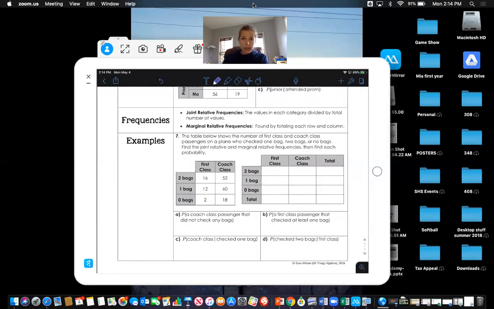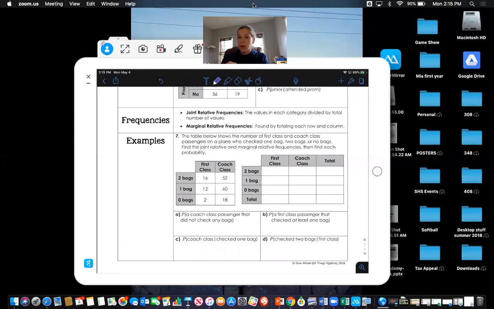So frequencies is how many times that it actually happened. And then we can look at the marginal relative, kind of looking at totaling each rows and columns. Okay, so if I am looking at this first example here, I know that this gives me the total number of first class and coach class who checked one bag versus checking two bags. So grand total, people who have,